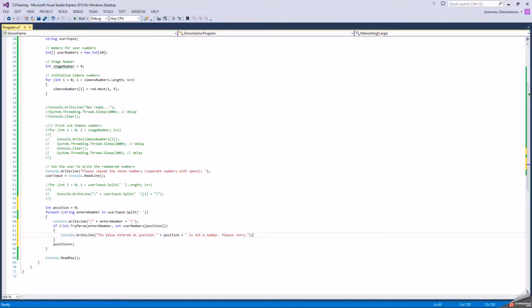Okay. And the second thing I want to do is, if one of these is not really a number, then I don't want to actually check any other ones because there might be a lot of them and there is one error somewhere in this user input, so I don't want to do checking anymore. So I want to actually exit this loop. And when we were talking about loops, I didn't show you this exit thing because there was no such example yet, but we're still somewhere around loops here. So now I want to show you how to exit the loop if something bad happens and you don't want to continue going through